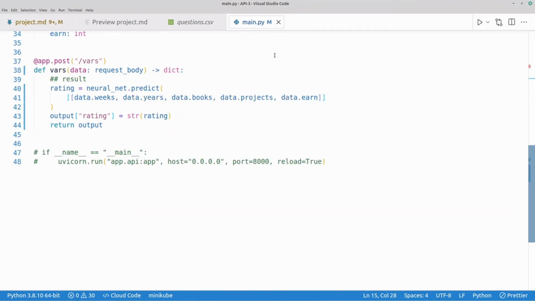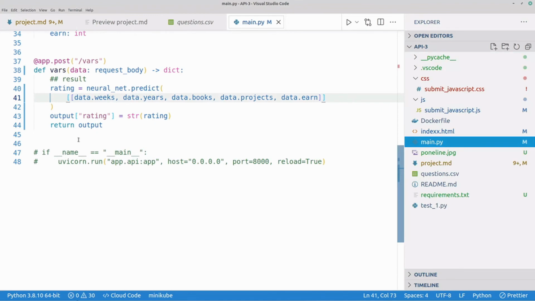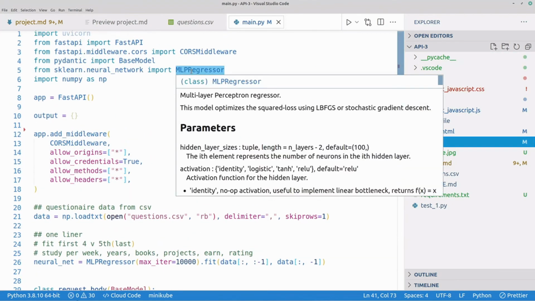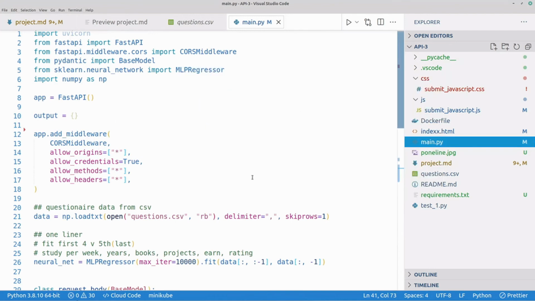So that is how to use MLPRegressor with Python. As you can see here, this is the folder structure, and what I've done is